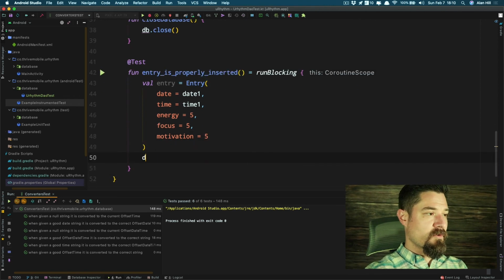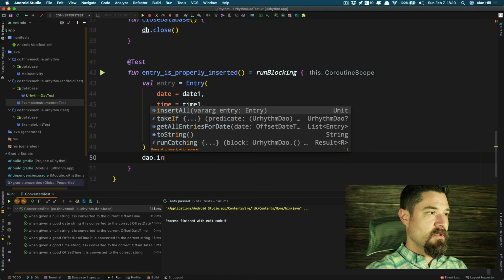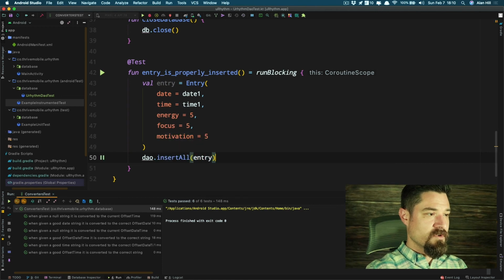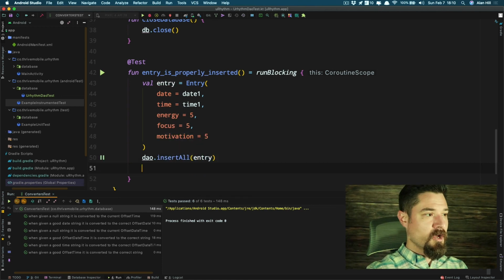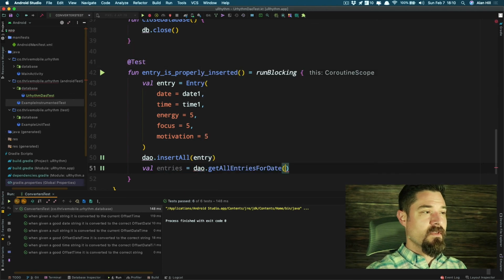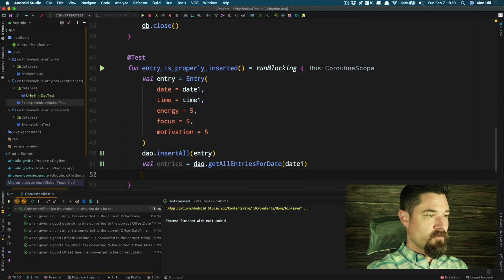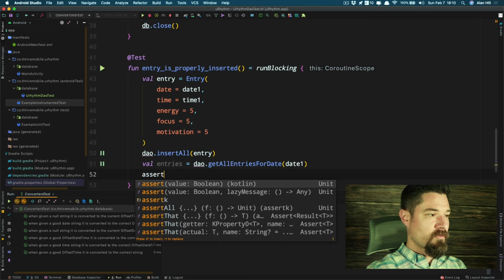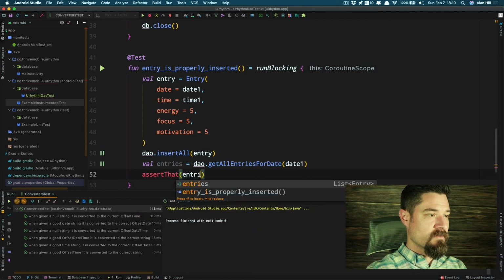Now we insert, so DAO dot insert all entry. Now we're going to pull it up. So val entries equals DAO dot get all entries, and we want to do it for date 1. And then we're going to do assert that entries